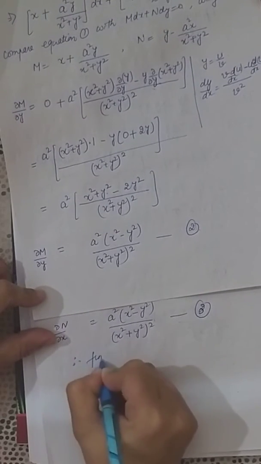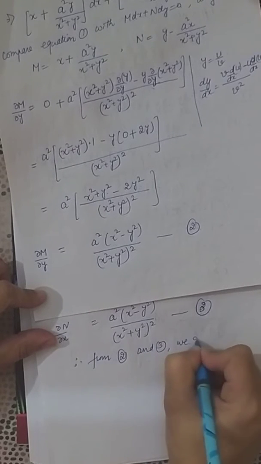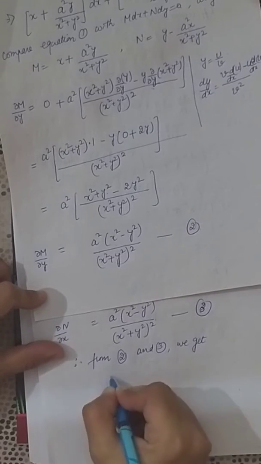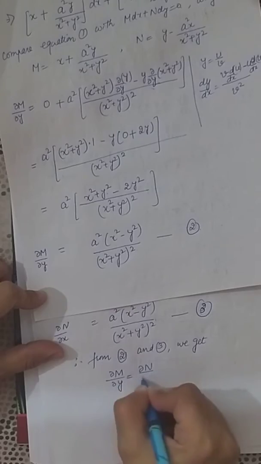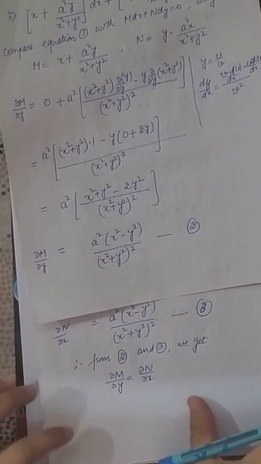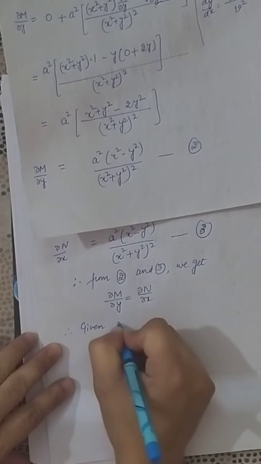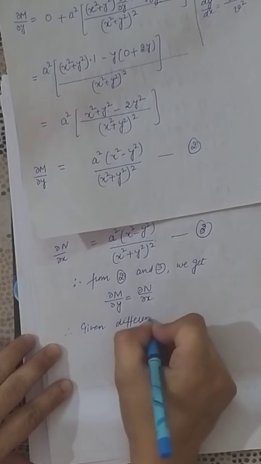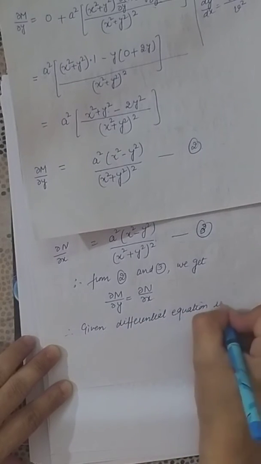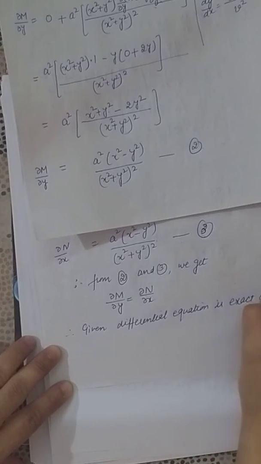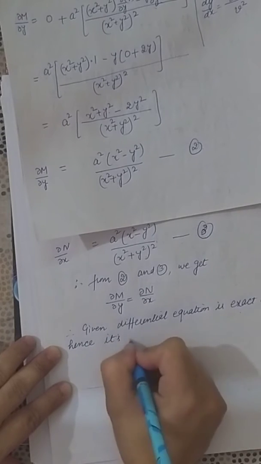Therefore from 2 and 3 we get partial derivative of n with respect to y is equal to partial derivative of n with respect to x. Therefore the given differential equation is exact, and hence its solution is